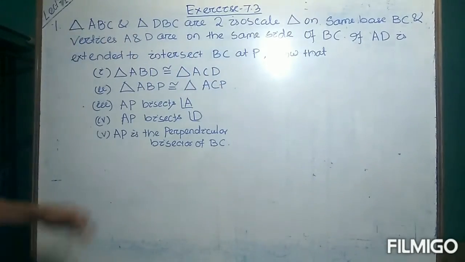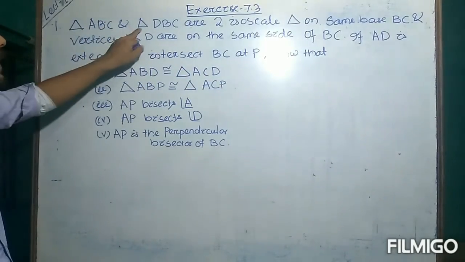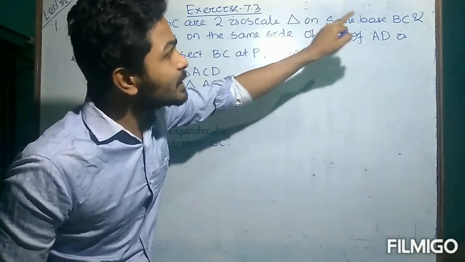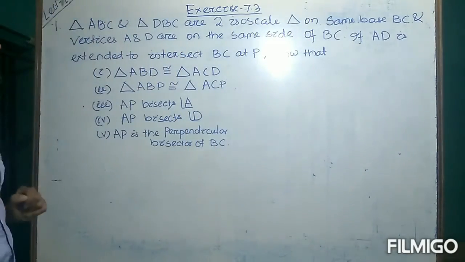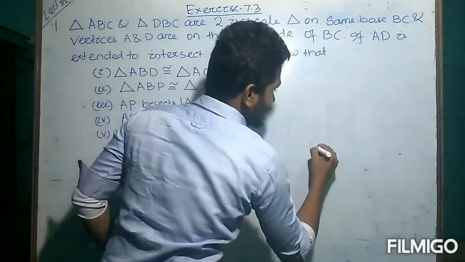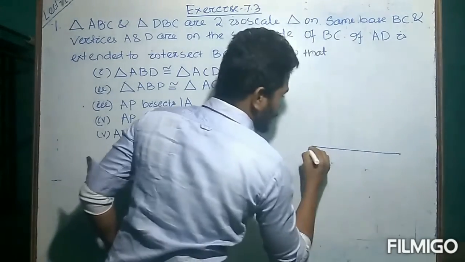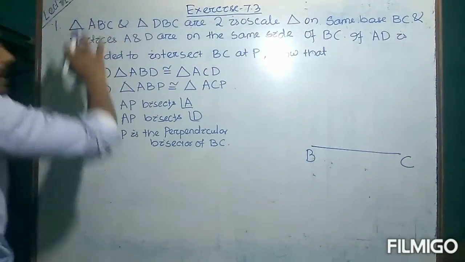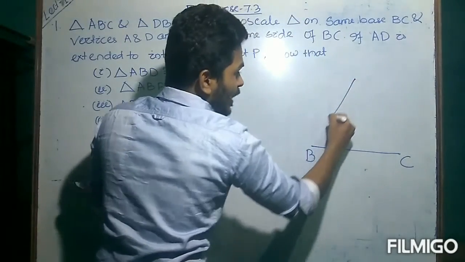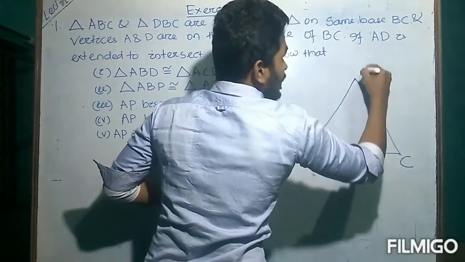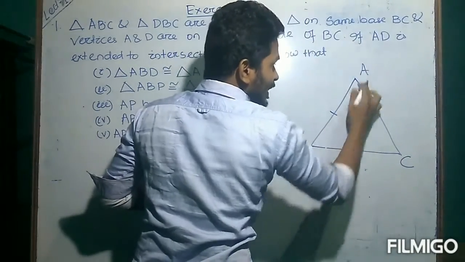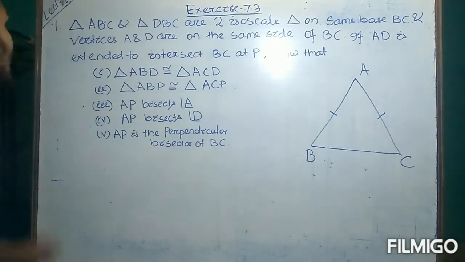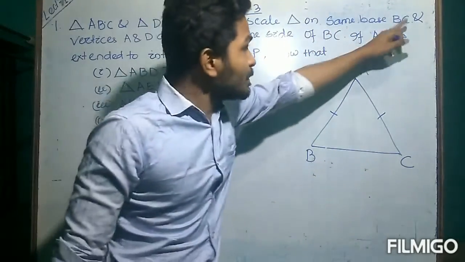The first question is: triangle ABC and triangle DBC are two isosceles triangles on the same base BC. So there are two isosceles triangles, but they have the same base BC. Suppose this is the base BC. Let us draw the first triangle ABC. Suppose this is the first isosceles triangle ABC. Since it is given that it is an isosceles triangle, AB is equal to AC. This is clear. And having the same base BC and